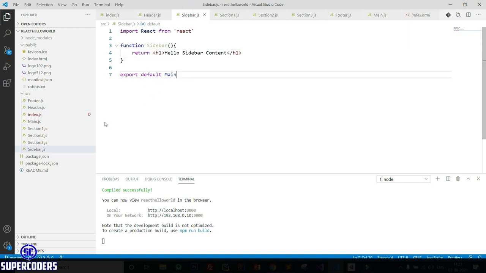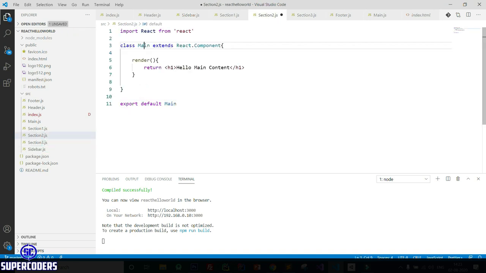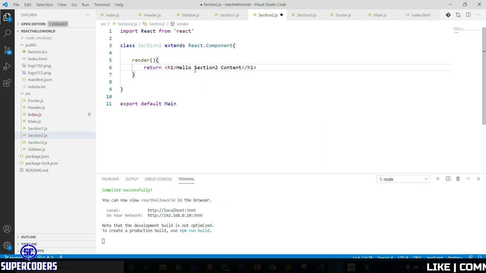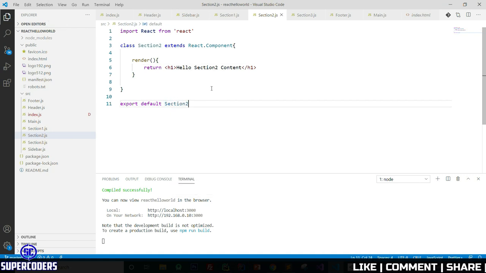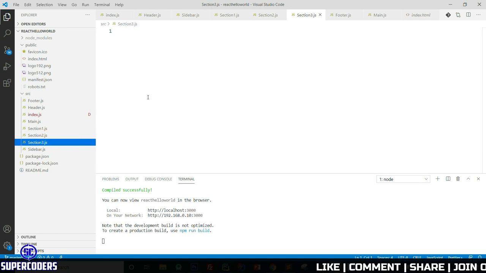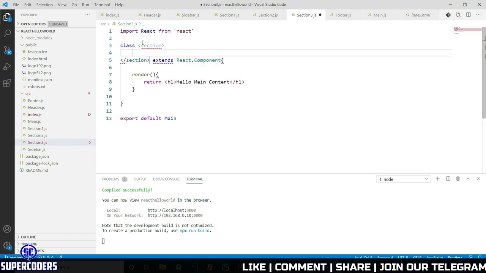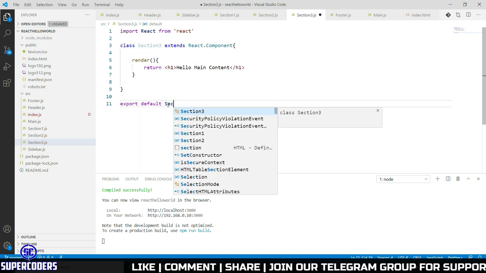Now let's create another components. So come to section 2, paste the code, section 2 hello section 2 content, and change it to section 2. Then come to section 3, again paste the code, section 3 and section 3.